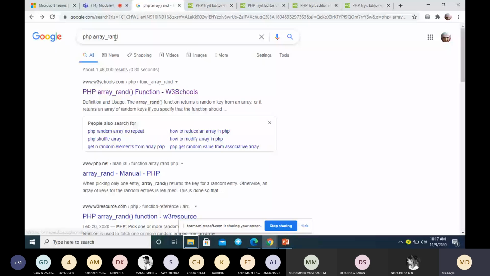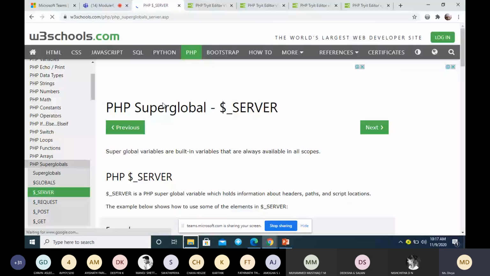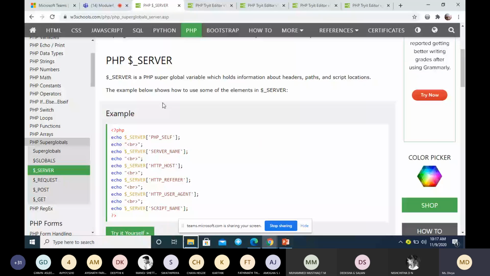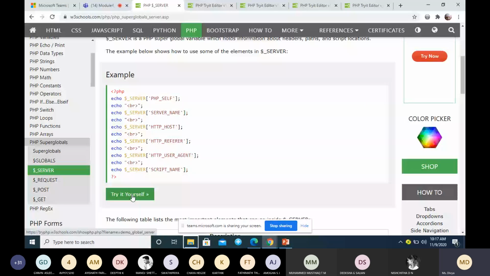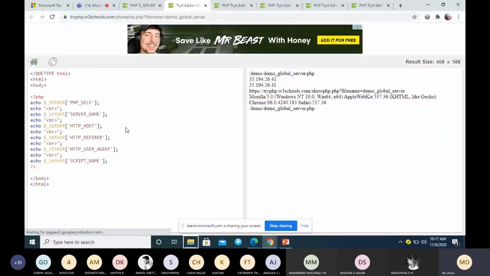Dollar server is a PHP super global variable which holds information about the server: headers, paths, script, and location. You can see here, I'll run this example. This is the array which will have all server related information.